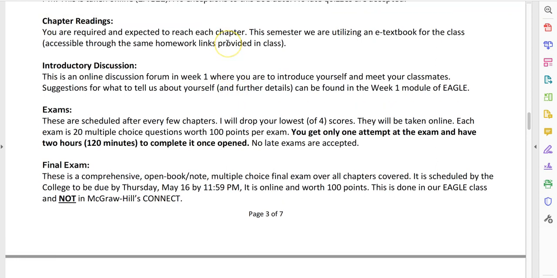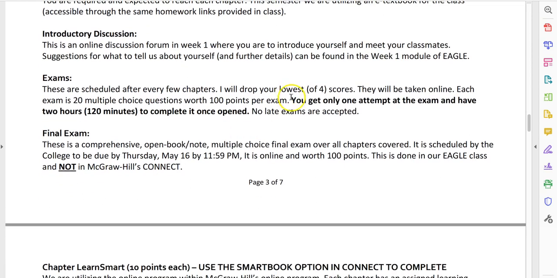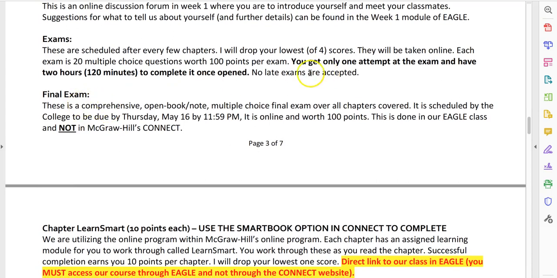Now, our chapter SMART books, that stays open until the due date, and then it closes. You can come and go and work on the chapter as much as you want during the week. You can even work ahead if you'd like to. No time limit. Again, it just closes when the due date and time is. Sunday at 11:59. The exams, however, once you open them, the timer is ticking. And they are truly standard exams, multiple choice, like you'd take in a face-to-face class. So be sure once you're ready to open that exam that you're ready to sit and take the exam. No late exams are accepted.